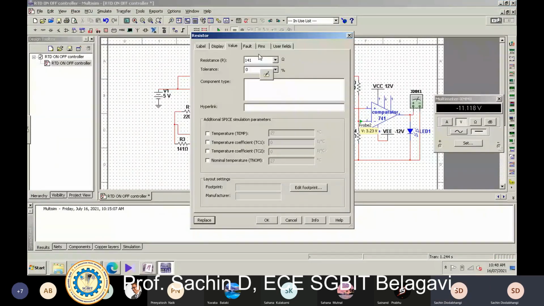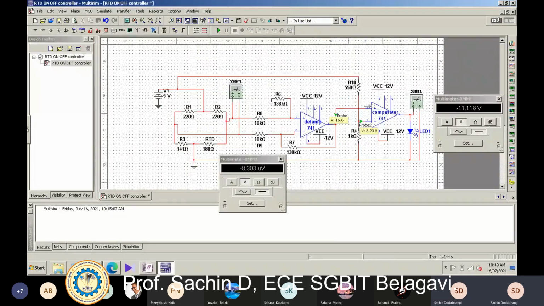So better I'll take more than 171 ohm, means 180 ohm. I'll take it for 180 ohm. So for 180 ohm, I'll turn it on. Now you can see a LED is on here. Red. You can see the LED is turning red here. Red indication. Got it? So for more than 100 degree centigrade, it is indicating alarm. So indication here I have taken it as LED.